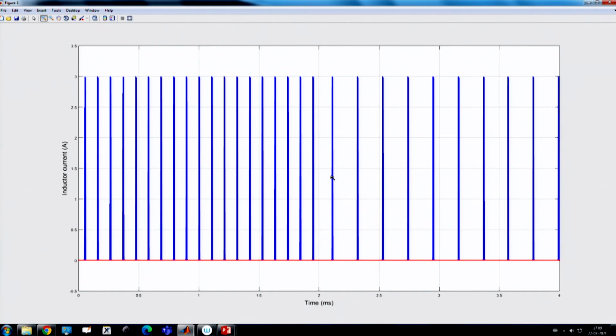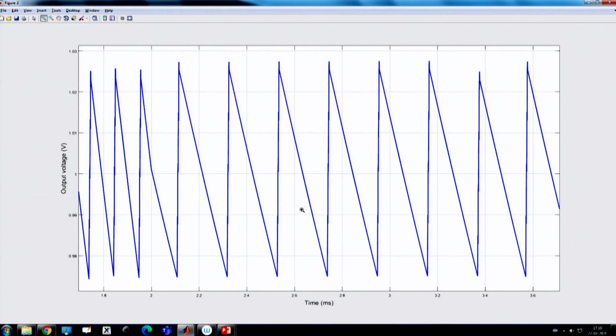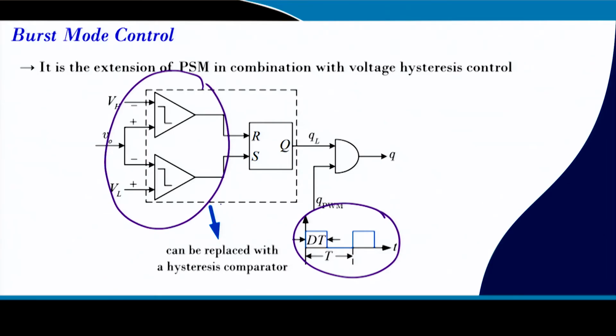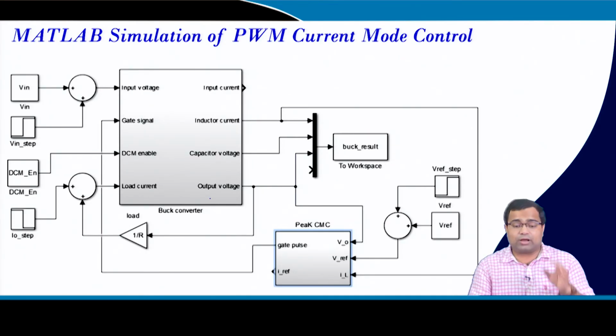So, here the skip cycle is happening by means of a hysteretic comparator, which is synonymous to pulse skipping. The only difference is that pulse skipping was totally synchronized with the switching clock, but here it is an asynchronous operation, where the charge pulse and the skip pulse are realized using a hysteresis block. Here I have shown the MATLAB simulation file.